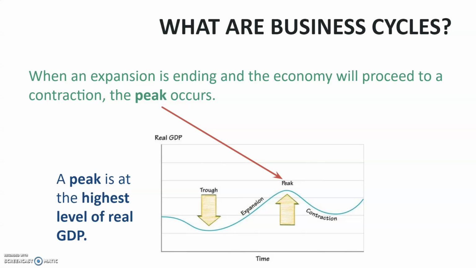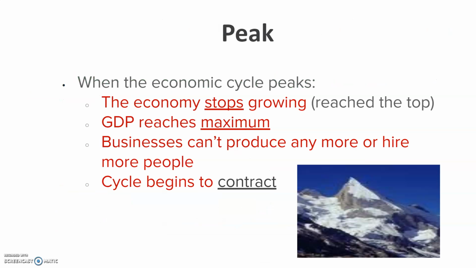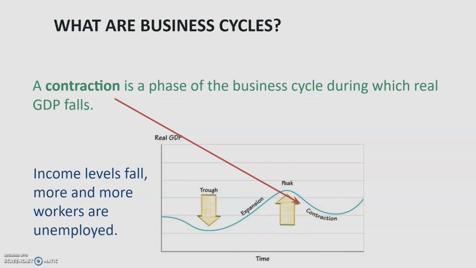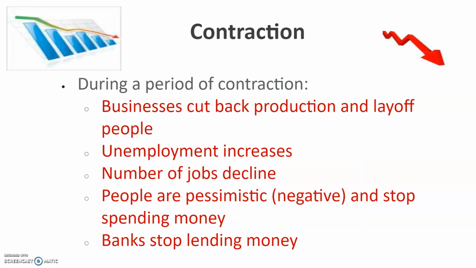Eventually that's going to peak though, and the peak is essentially the highest level of real GDP for that given business cycle that we're taking a look at. At this point, the economy will stop growing, it's reached the top, GDP reaches its maximum, businesses will then no longer produce or hire any more people as they begin to tighten up, and hopefully, not to worry, but they do begin to prepare for some type of contraction because they know it's inevitable. That contraction is where we start to see income levels fall, more people start to become unemployed, businesses cut back on production,